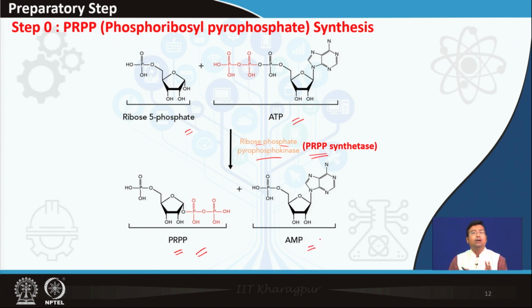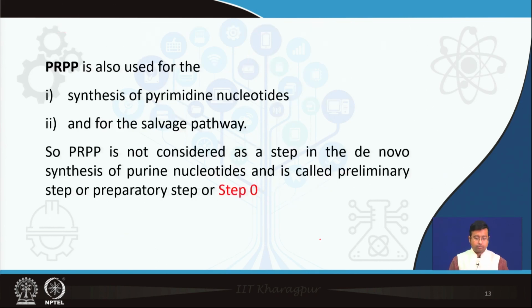Remembering the structure is not important, I am just showing you the structure so that you can conceptually understand the proceedings. So, why do we call it a step 0? We call it a step 0 because formation of PRPP is not exclusive to de novo synthesis of purine. What I mean is PRPP is also needed in the pyrimidine nucleotide synthesis, it is also needed in the salvage pathway. So, PRPP is not considered a step in the de novo synthesis, therefore, it is actually the starting molecule, right,